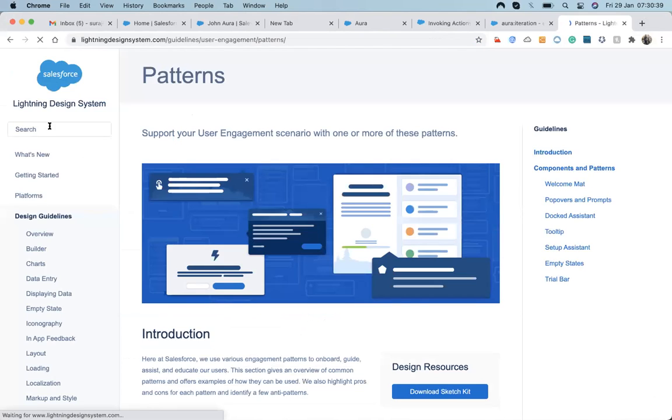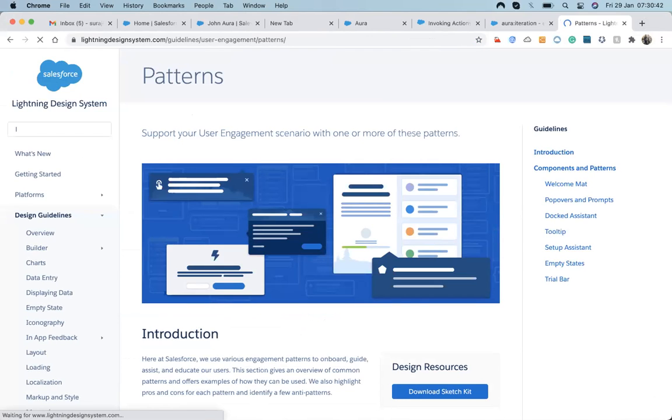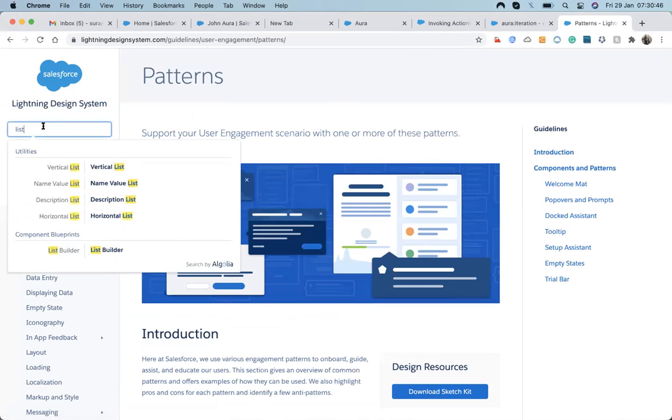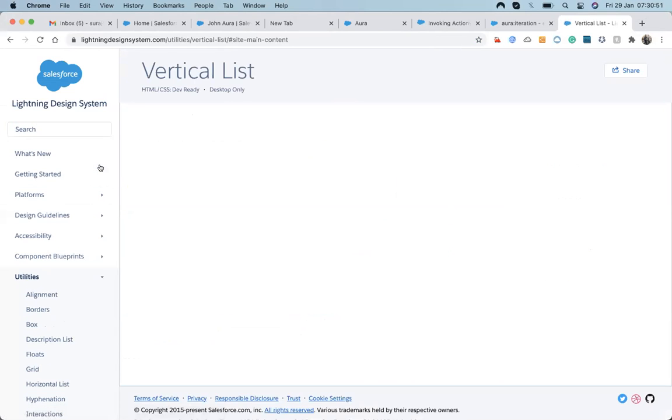So what I will do is check a list, something like a vertical list. Let's work on the vertical list.